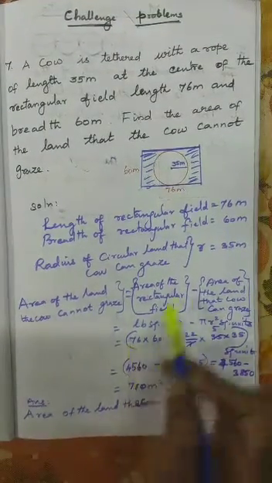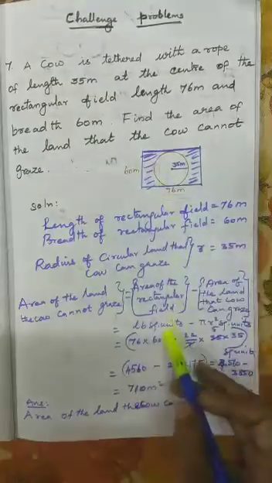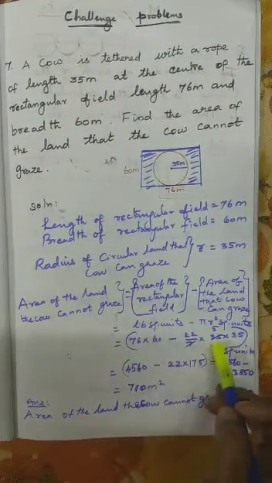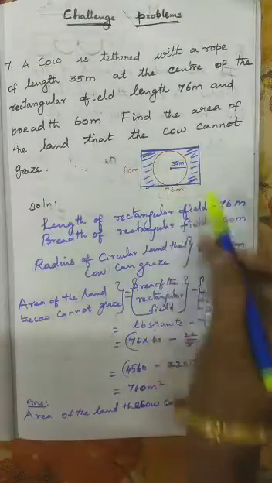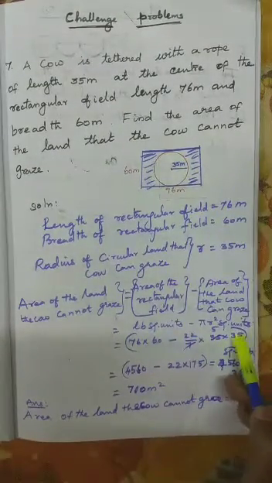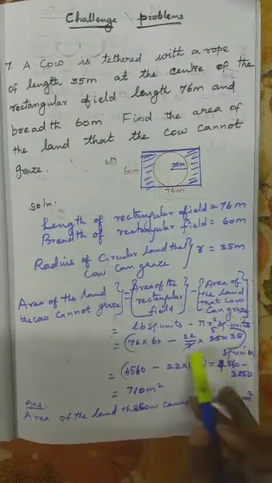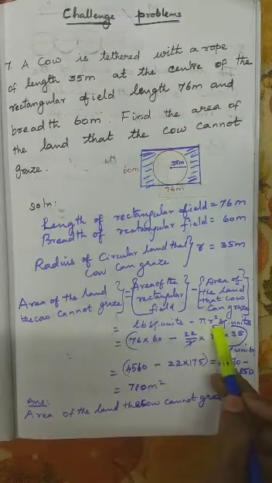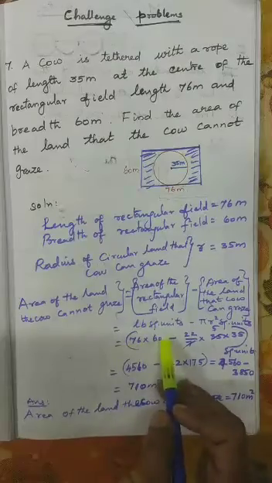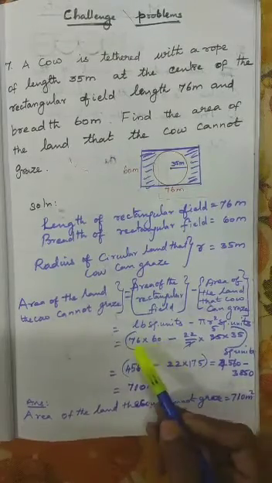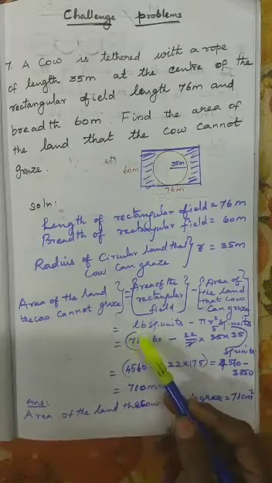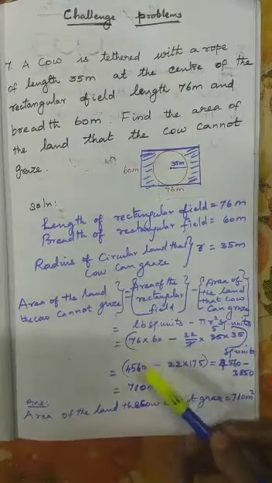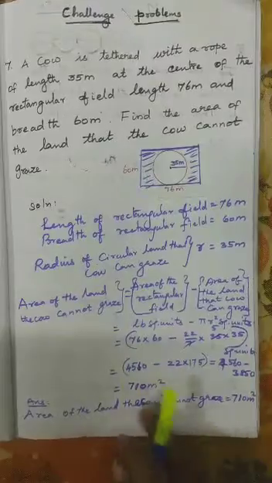So L into B is 76 into 60 meter, minus 22 by 7 into 35 meter into 35 meter. Because r square, you have to cancel 7 and 35, 5 times. So 76 into 60: 6 6s are 36, 6 remainder 3. Then 6 7s are 42 plus 3 is 45. So